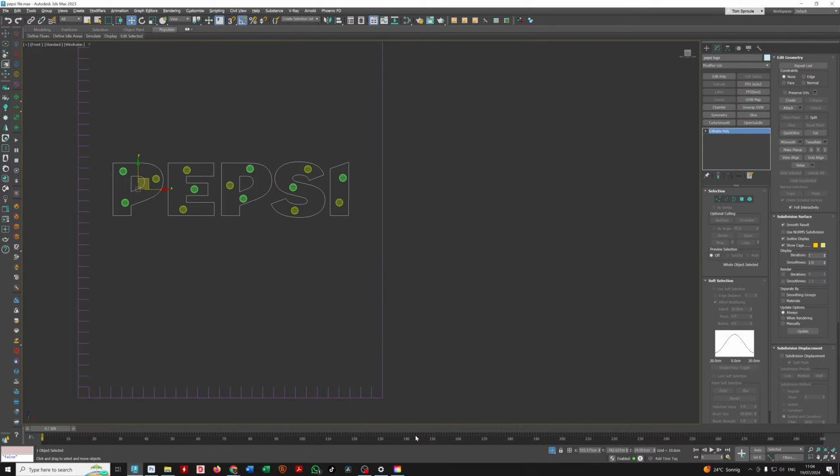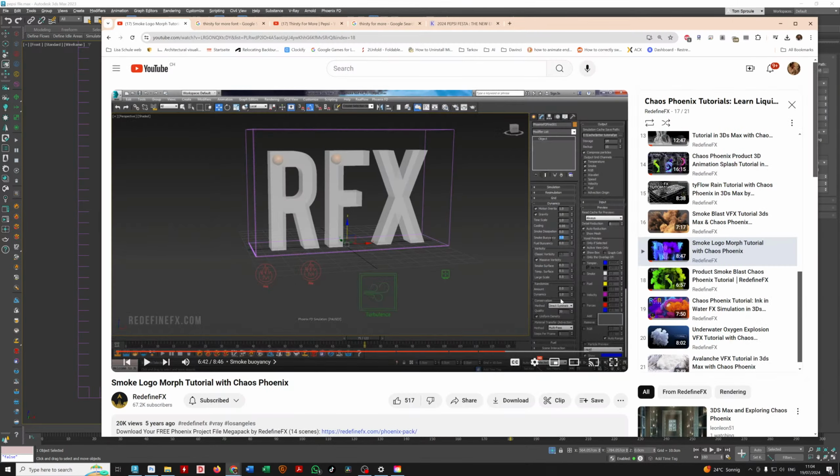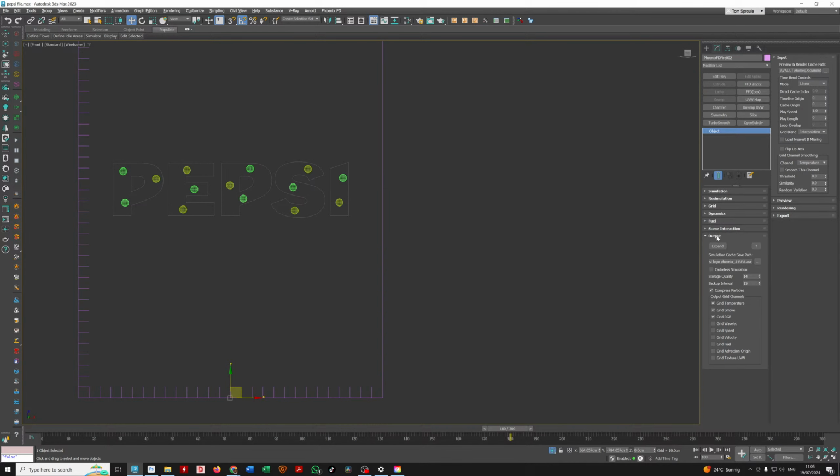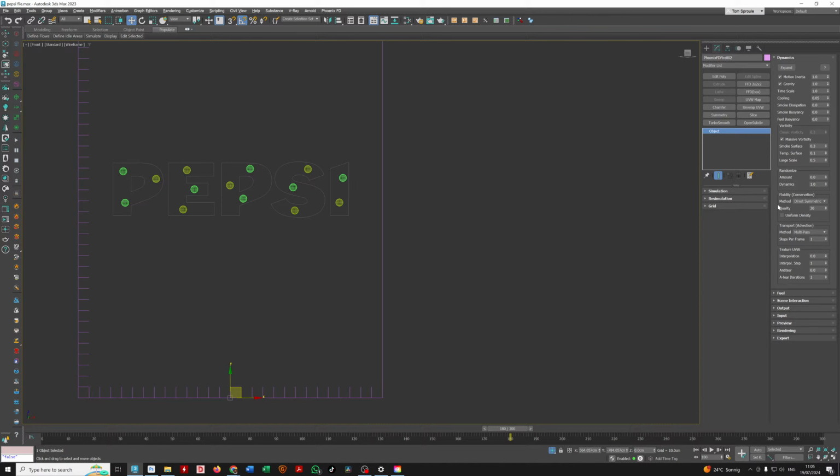So the smoke buoyancy, we can do this. I don't know, like it's going to fill up, right? And we've got it between 100 and 200. So if we go to about 180, and we take this, and smoke buoyancy was under dynamics, right? And he set it to 3. So it's not going to work. His settings are not going to work on ours because we've got different sizes and stuff. His is to real world scale, mine isn't. But anyway, we can come in here and